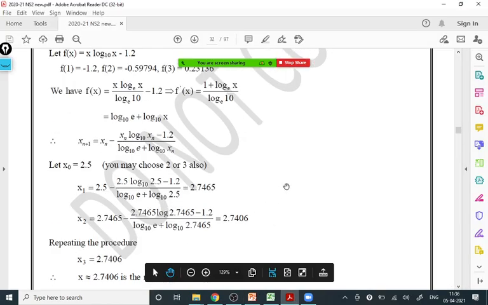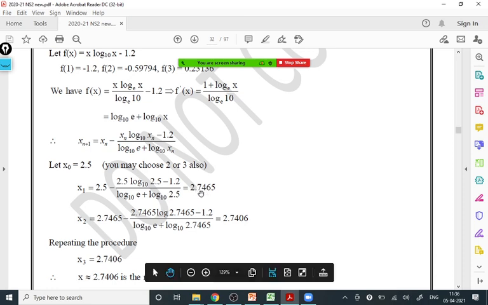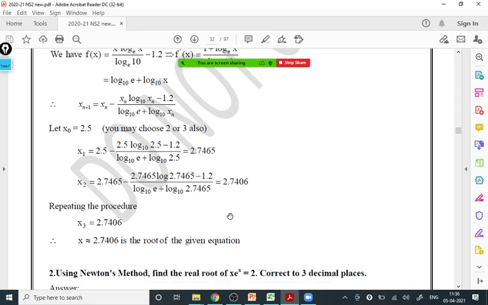Now you'll observe how many iterations we have to do. Generally, we require a maximum of 3 iterations in Newton-Raphson. If you got the interval ab in which the root lies and that interval is between two nearest integers, then a maximum of 3 iterations will be required. You'll observe in the first 2 iterations, 2 decimals start repeating, and in the third iteration all 4 decimals start repeating. So we say 2.7406 is the approximate root after 3 iterations.